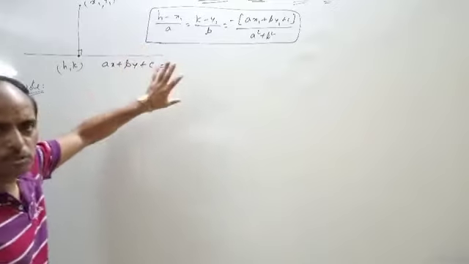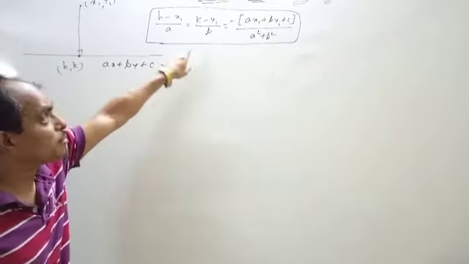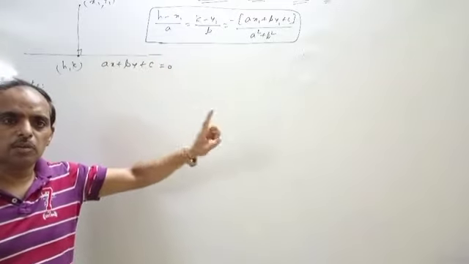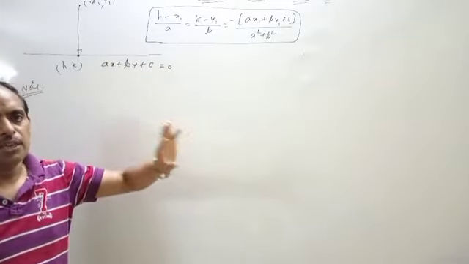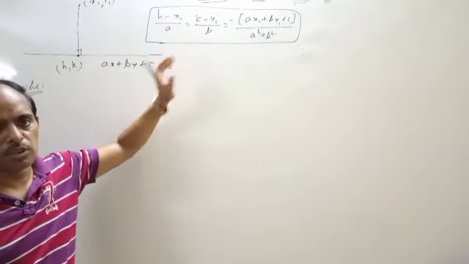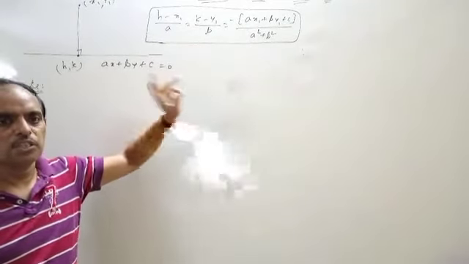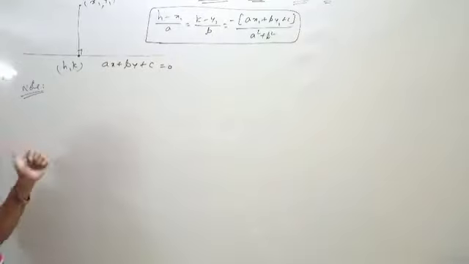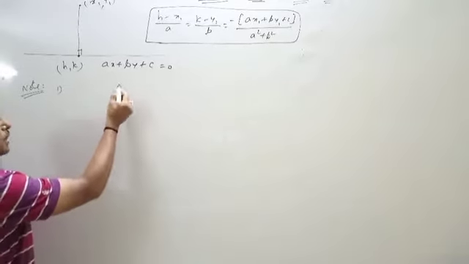This is a 7 marks question for intermediate. You have to remember this formula. That is very important. In the circles, the parabola, the ellipse, and many topics, you have to use this formula. The foot of perpendicular is one of the important formulas you have to remember for the complete 2 years of your intermediate.